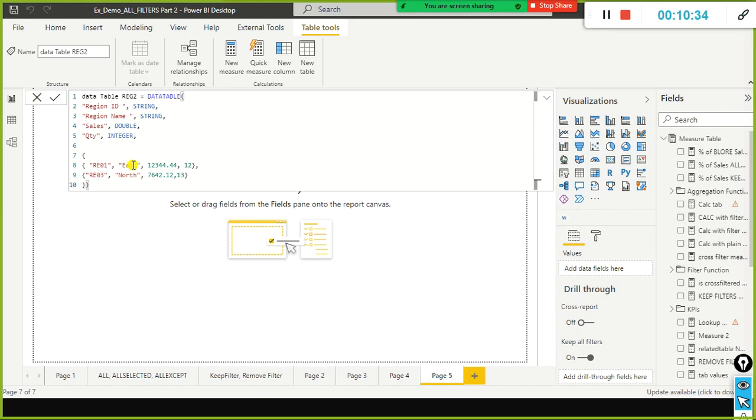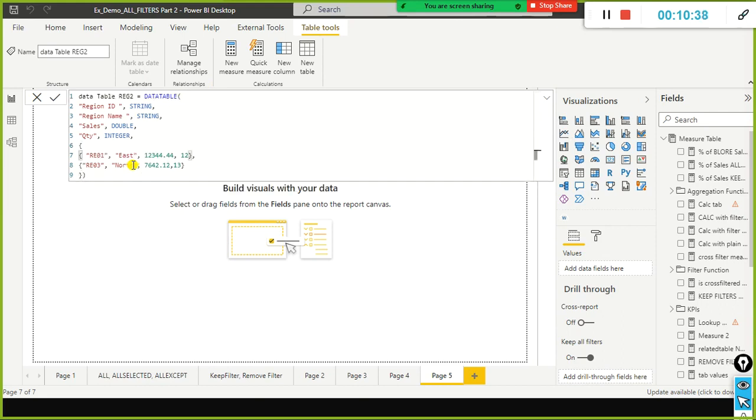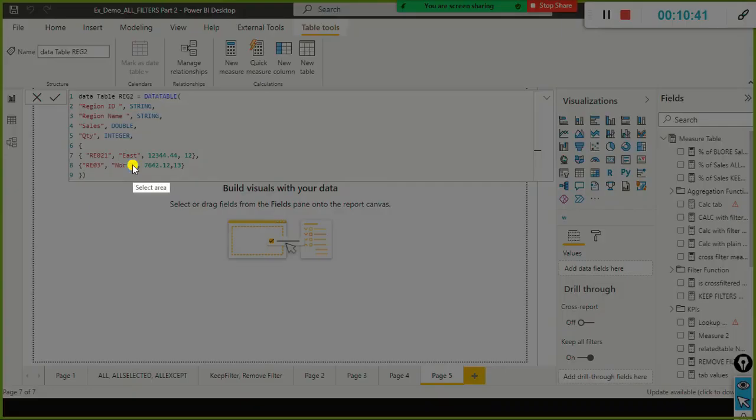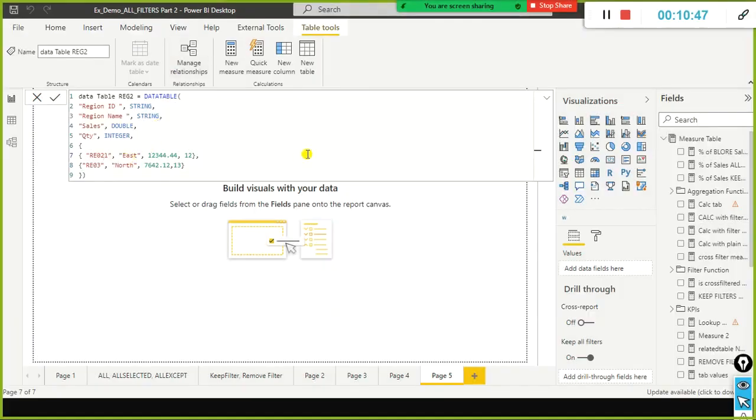Ideally here it should be like that. Okay. And so I call this region 02, and I call this south region because this is a different table altogether. Previously we created one, and this one is a different thing. I say east, something like that, or let's say west